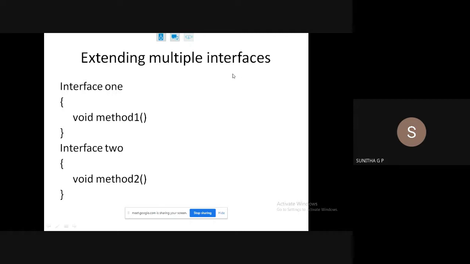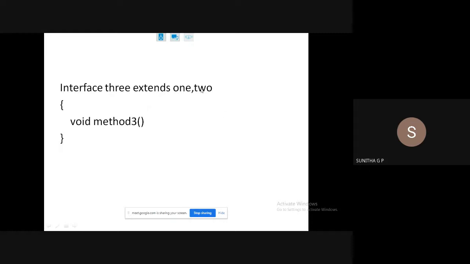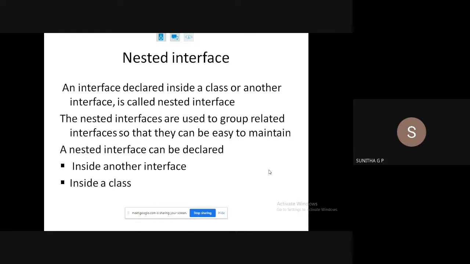This is one of the differences between a class and an interface in inheritance, when it is extending. Okay, so interface one has method one, interface two has method two. So interface three extends one and two. When a class is considered, this is not possible, whereas when an interface is considered, this is possible. So what about method three? If one class implements interface three, it is able to get method 1, method 2, and method 3. Okay, and all the three methods have to be defined in the implementing class.